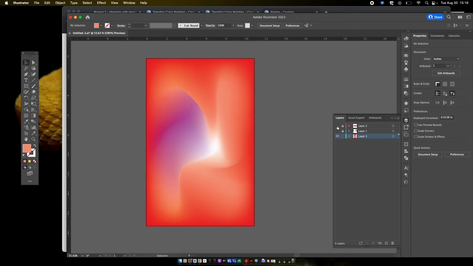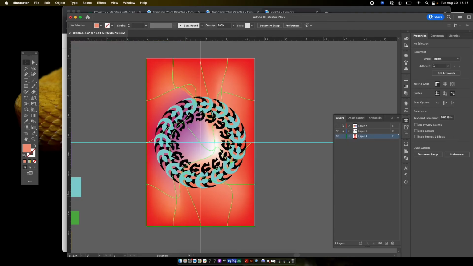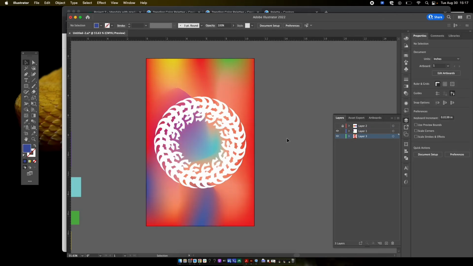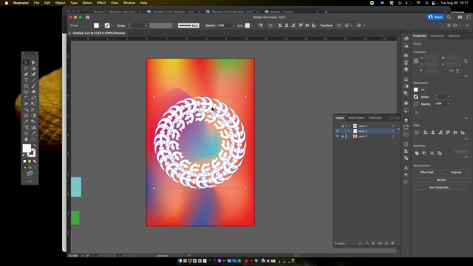All right, I'm going to turn my shape back on. And then now I'm going to lock this, unlock these. I'm going to make them all white. Now I can start using blend modes to blend some of these shapes and colors with the background gradients. So I'm gonna lock the background, and if I click on one of these grouped objects, I can come over here to